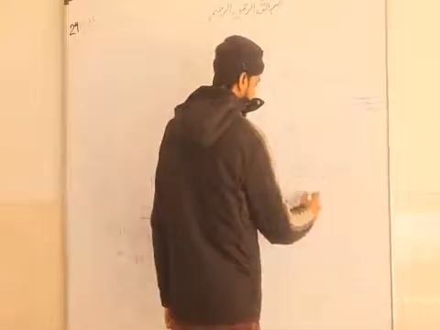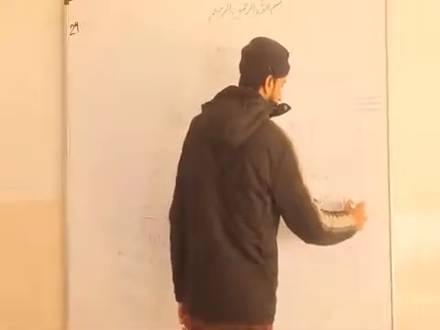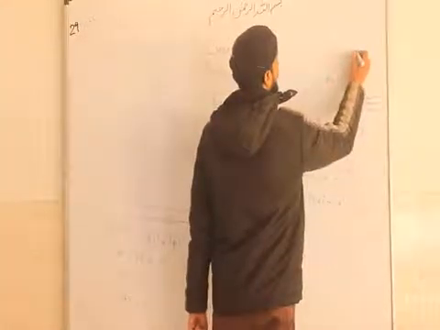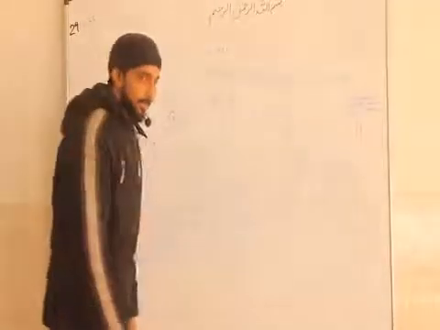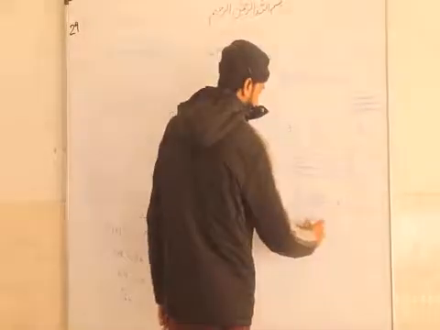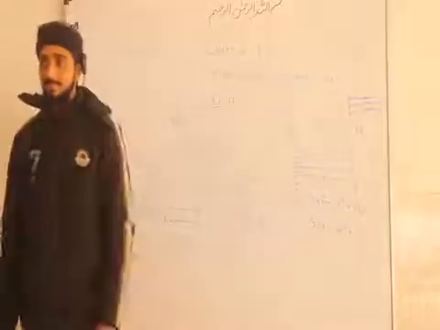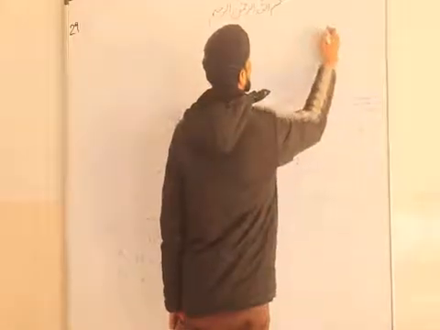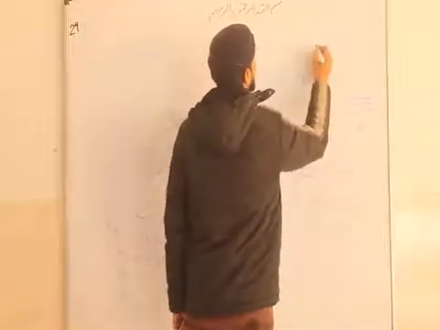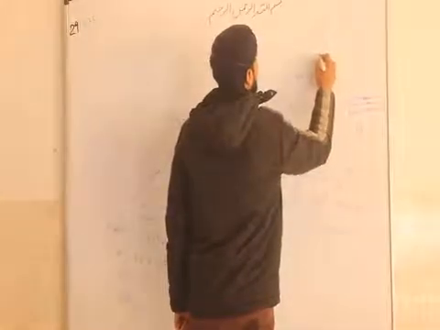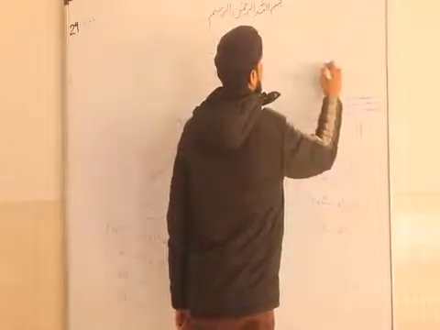So 24 square must be equal to D square plus 18 square. So what is 24 square? Actually, you must remember the squares from 1 to 25 at least. 576. Okay, good. Then D square plus 18 square. 18 square, okay, I also don't remember. We can find it. 324.